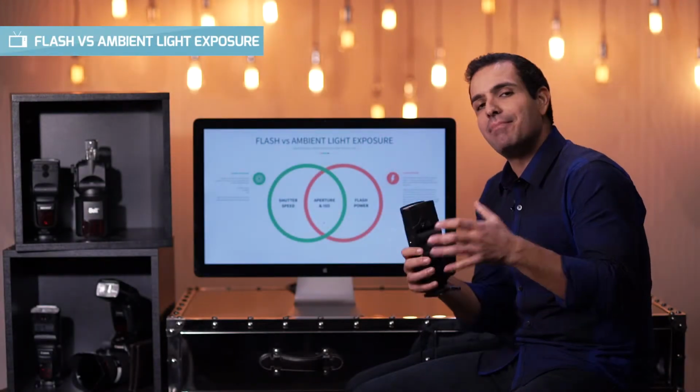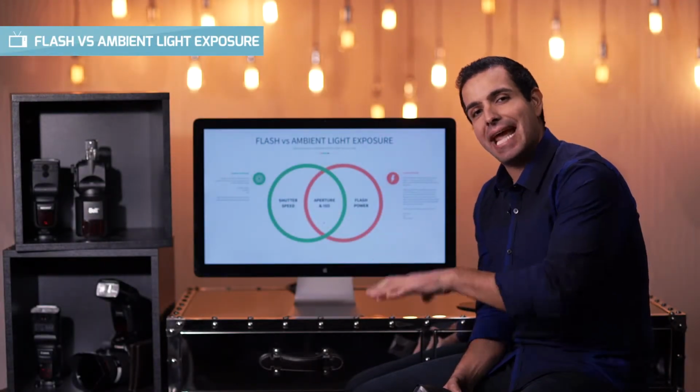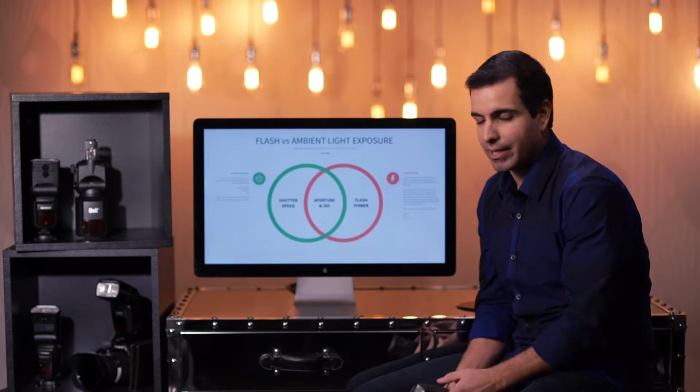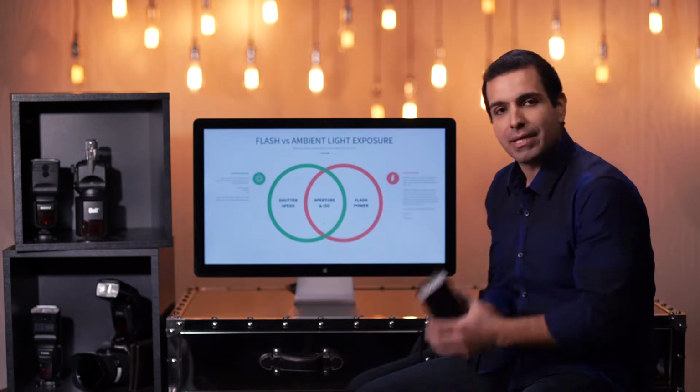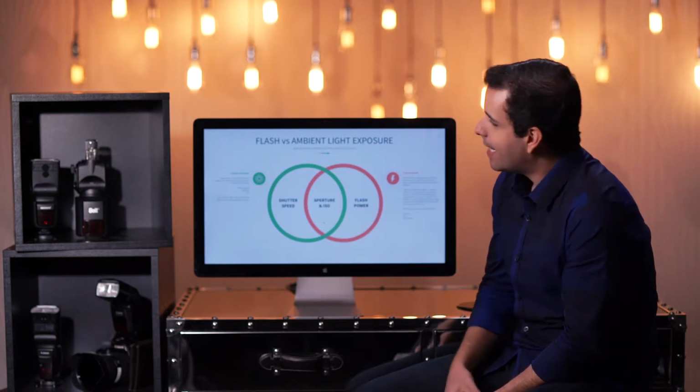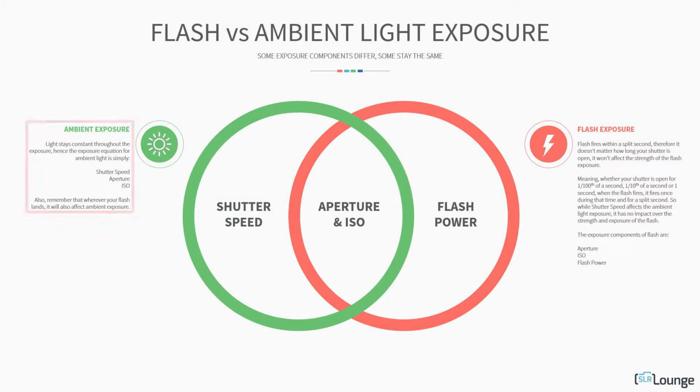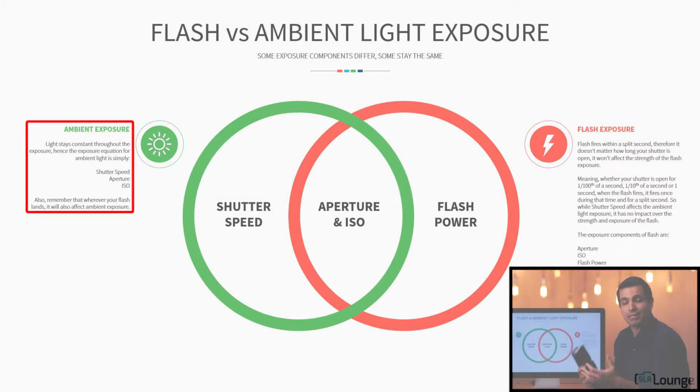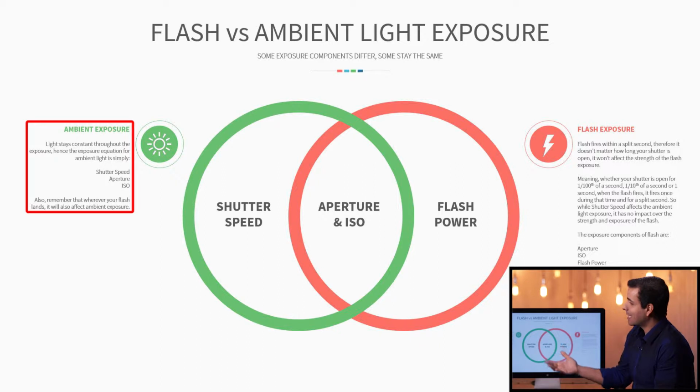All right, so let's dive a bit deeper into this flash versus ambient light or constant light exposure, okay? Because some things are gonna change, some things will stay the same. Now, over here on the constant or ambient light exposure, it's just the traditional exposure triangle, okay? Now, constant light, we define as a light that's gonna stay the same throughout the duration of the shutter speed. So, your exposure is gonna be equal to just whatever the exposure triangle is, your shutter speed, your aperture,